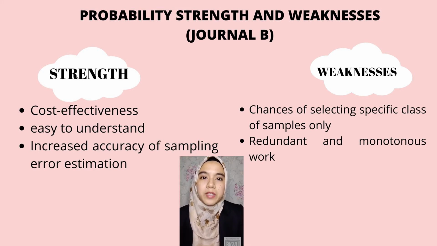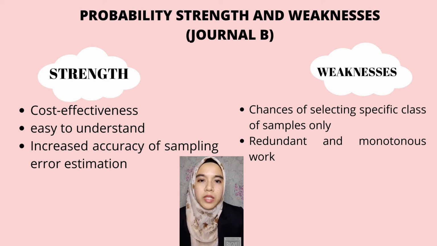The last advantage of probability sampling is increased accuracy of sampling error estimation. First, determine a suitable sampling frame based on the study question and goals. For example, a company employs 400 people, thus the sampling frame will be 400. Next, choose an appropriate sample size. For the purpose of this study, we may determine that a sample size of 16 employees is enough. Then choose the most appropriate sampling procedure and sample.